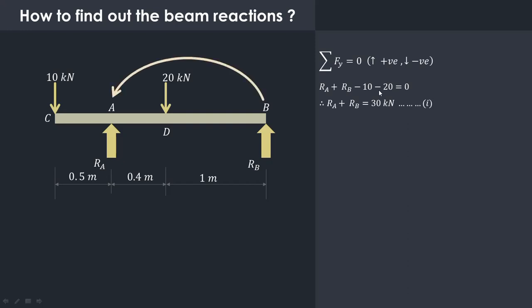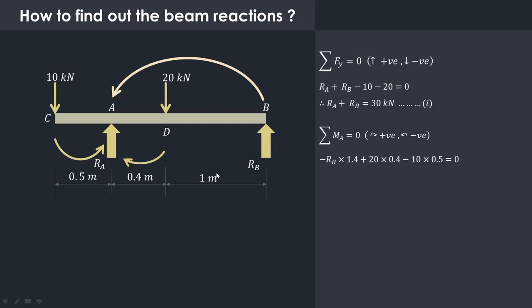Now the important part is we have to find out the moments. So summation of moment about A is equal to 0. So we are taking moment about this point A. We have to take the moment about any of the supports, either A or B. Now this RB will produce anti-clockwise moment about point A and hence it is negative. The perpendicular distance between B and A is 1.4. From B up to A it is 1 plus 0.4, that is 1.4,